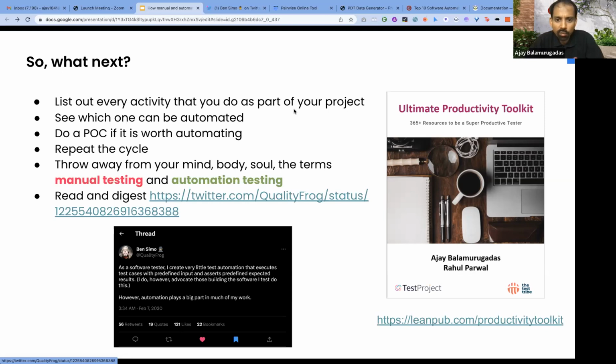What are the challenges that we face while doing automation? A lot of things, right? A lot of challenges on mobile testing, especially on iOS, too many